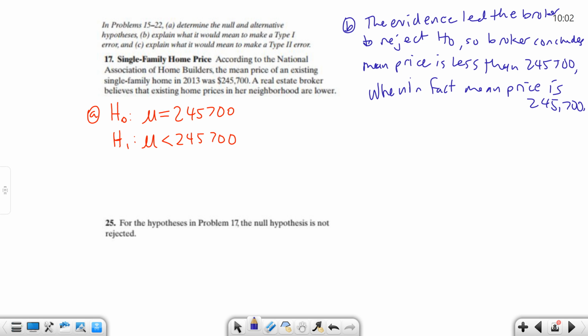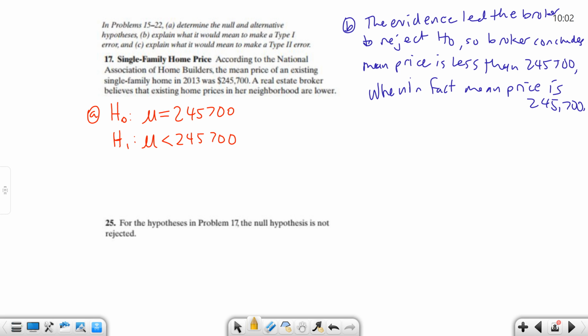So the evidence led the broker to say, hey, guess what? I'm going to reject the null hypothesis and say that the mean price in my neighborhood is really less than 245,700. But in reality, the mean price is 245,700, right? So we rejected the null when the null was not actually false. It was actually true. We rejected the null when the null was true. Okay? So then for part C here,